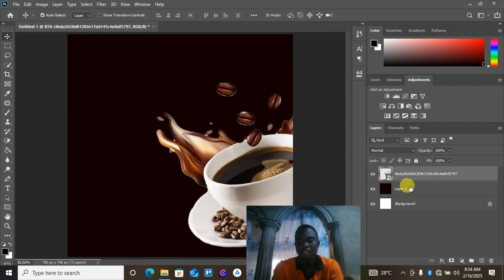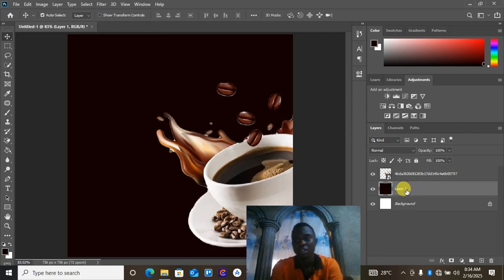Now the next thing which we are going to do is edit our background to give it some extra texture. So what we are going to do is click on the layer of our background. Let's name this layer. You double tap on it, and then you write background,